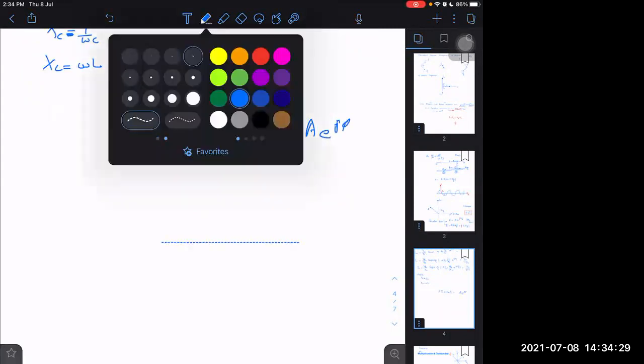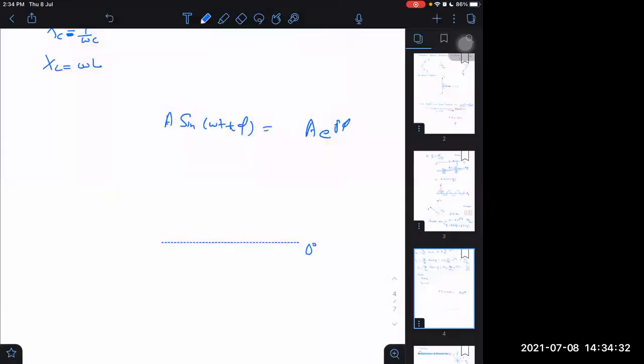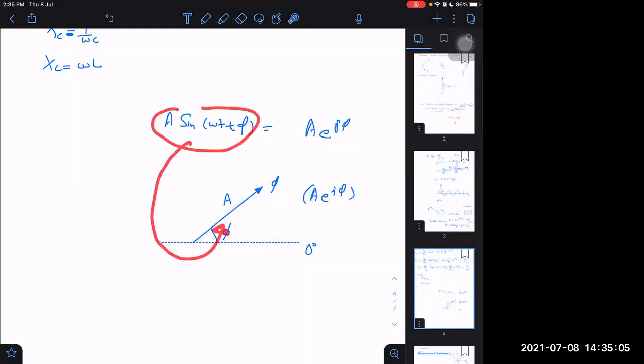Draw a reference line. What does the reference line indicate? It indicates 0 degree phase here. After that, with respect to this, I will take a phase of phi. This is phi. It has amplitude A. And you already know that this complex number is equal to A into e raised to power j phi. You know about it or not? Yes, sir. This is A into e raised to power j phi. Therefore, when this can be represented as a phasor diagram, it can be written like this.